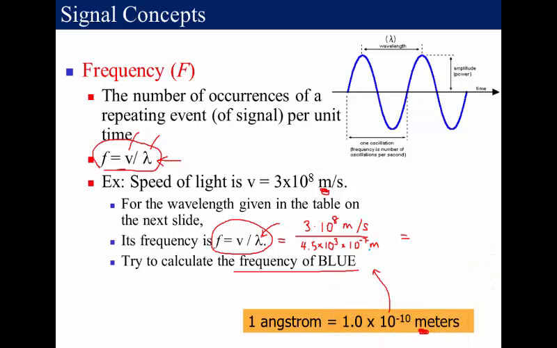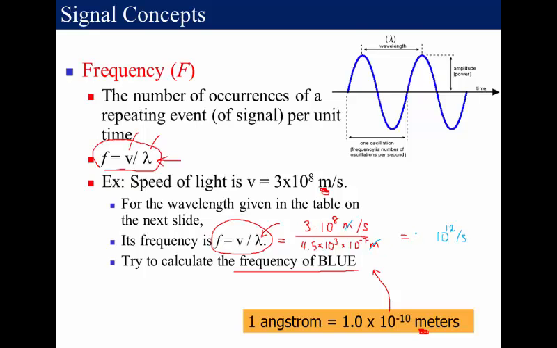So meter and meter canceled out, and what's left here is per second, and here 10 to the power 3 and negative 7. If we cancel the negative 7 here, then negative 4, right? Negative 4 will be 10 to the power 12 together, and 3 divided by 4.5 means,